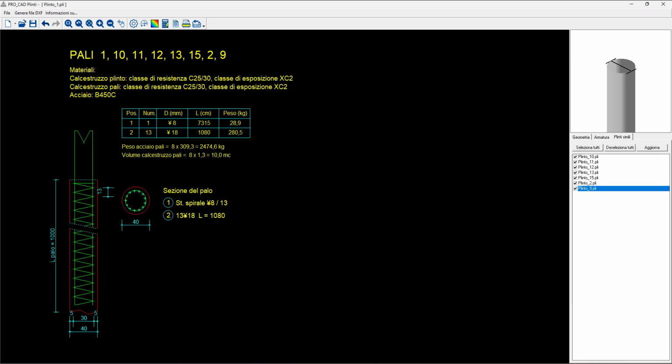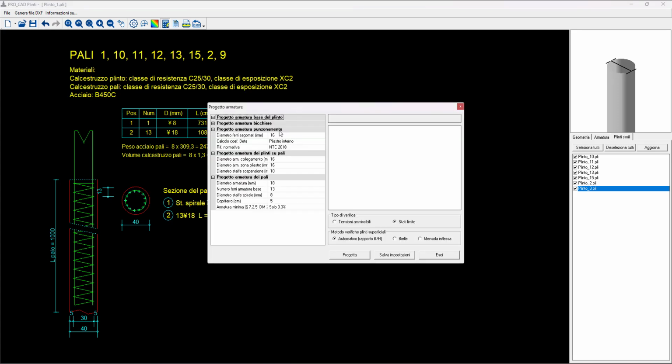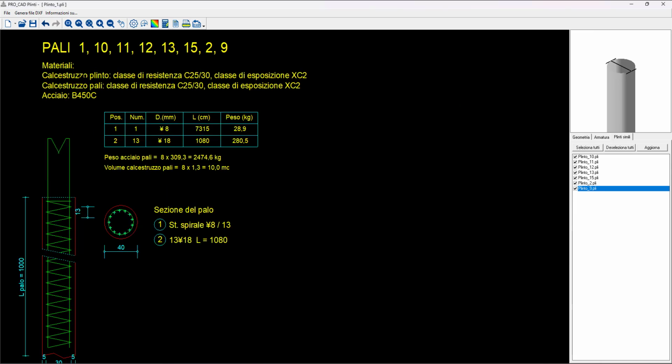Okay, basically this is it for the Procad Plinty. After doing these operations, so once again, design rebars in which you select the number and diameter of rebars, and then the real check with the calculation report, and as last thing the metric computation.